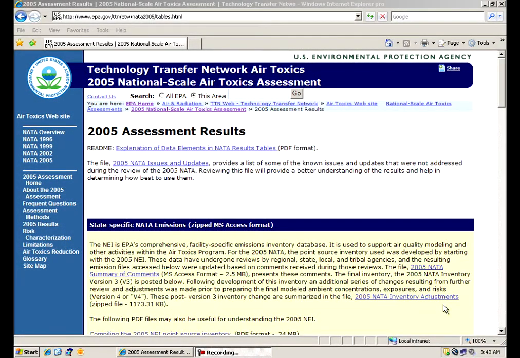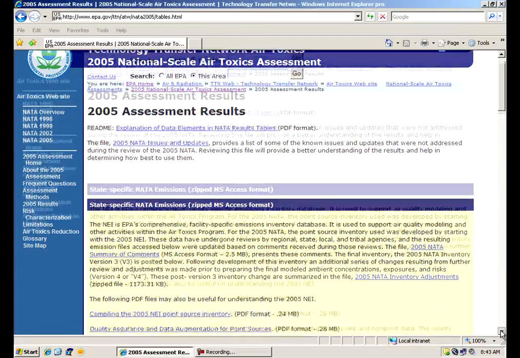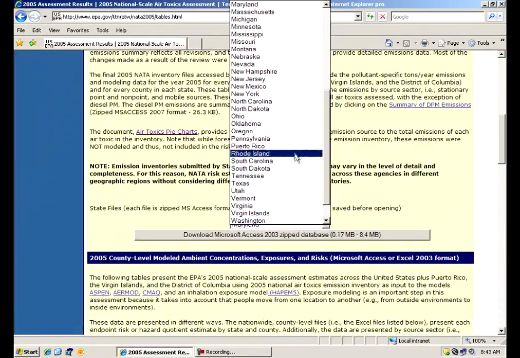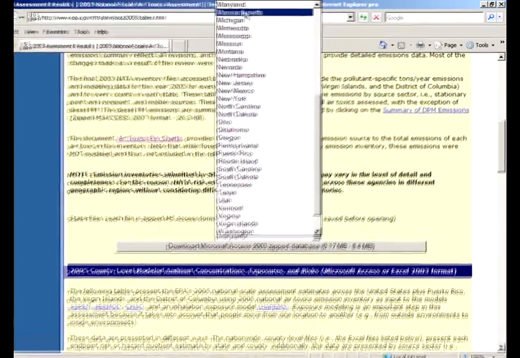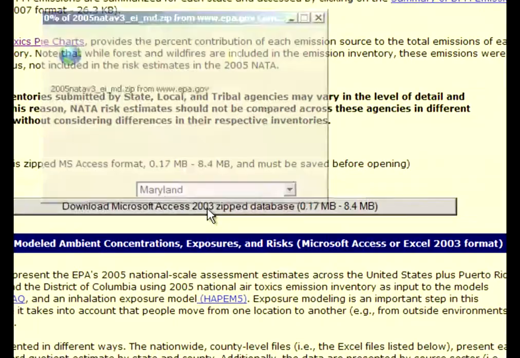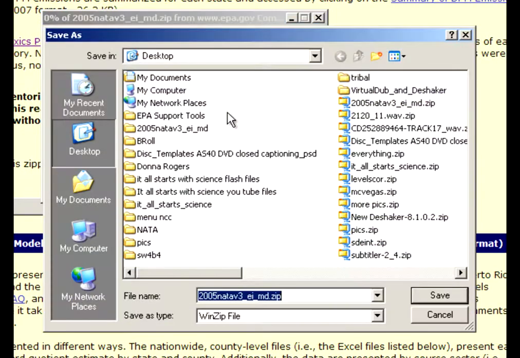State-specific data, as far as the inventory goes, is contained in the top section of the results page here. And we could simply download the inventory state by state and get further information. So let's look at a state. We'll take, once again, a smaller state to look at. I recommend you save this file to your hard drive, and you can upload it at your leisure. For now, I'm just going to open it up